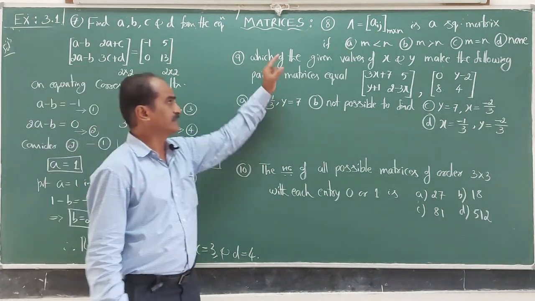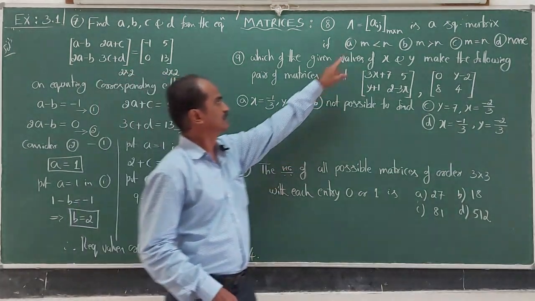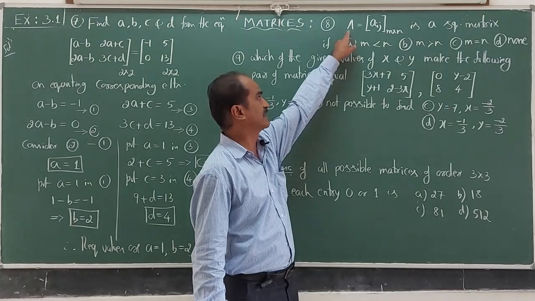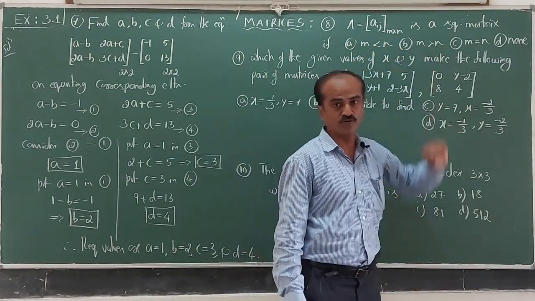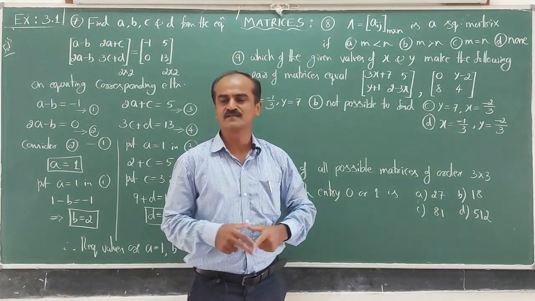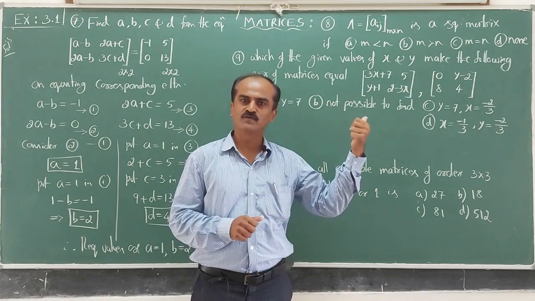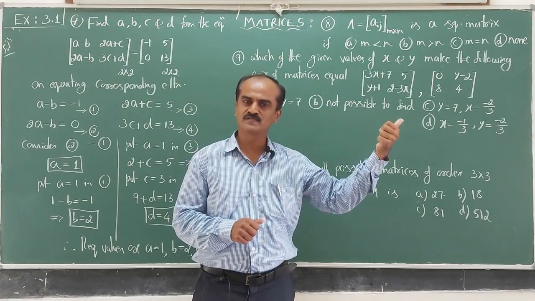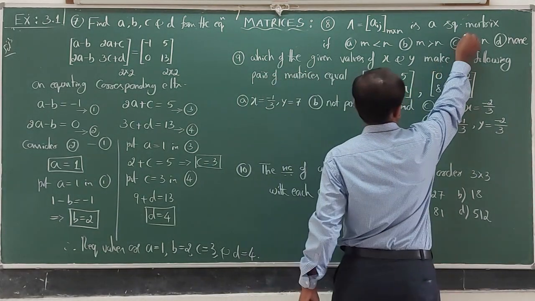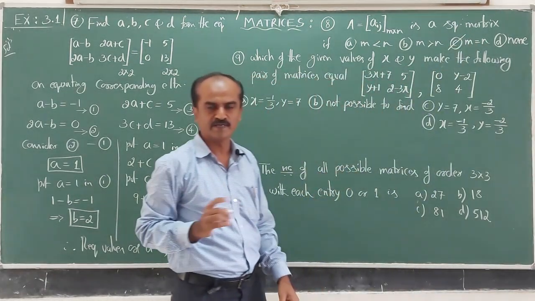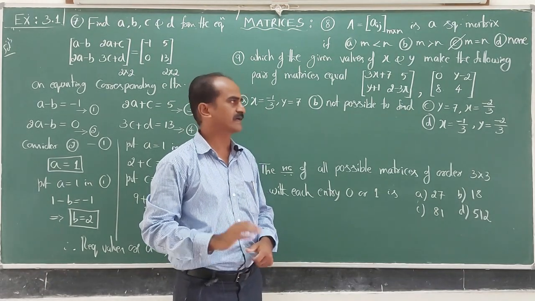Now in the 8th question, there are multiple choice questions. Straightforward one. They are given a matrix A whose entries are aij of order m by n is a square matrix. Yes, what is the condition for a square matrix? The number of rows must be equal to the number of columns. The number of rows is given as m, the number of columns n, so those two must be equal. So it is present in option C. When m is the same as n, then that rectangular matrix becomes a square matrix.